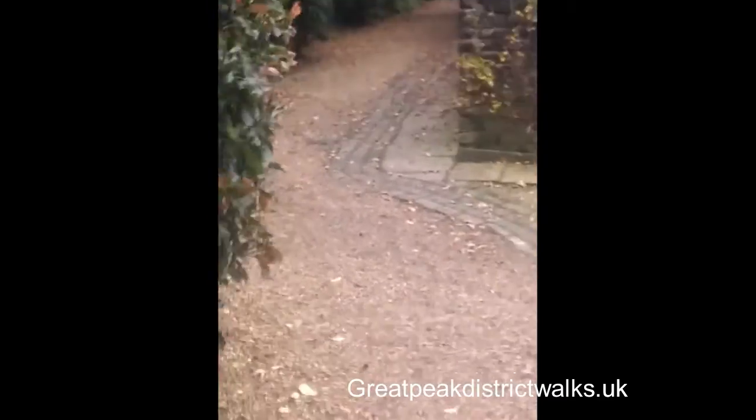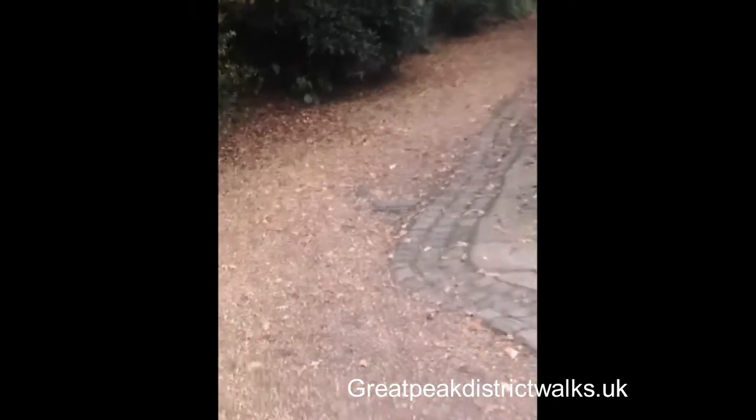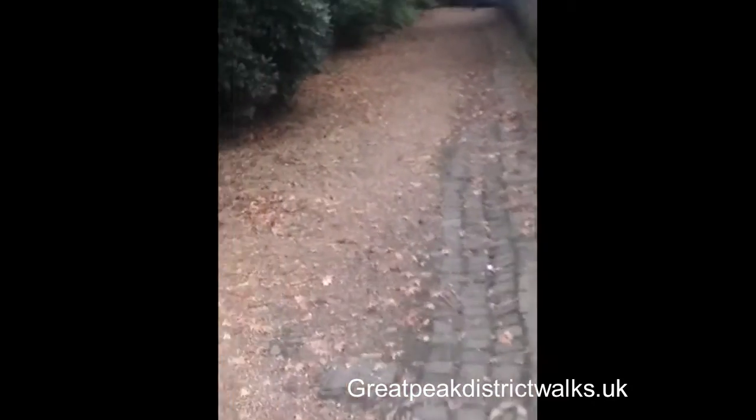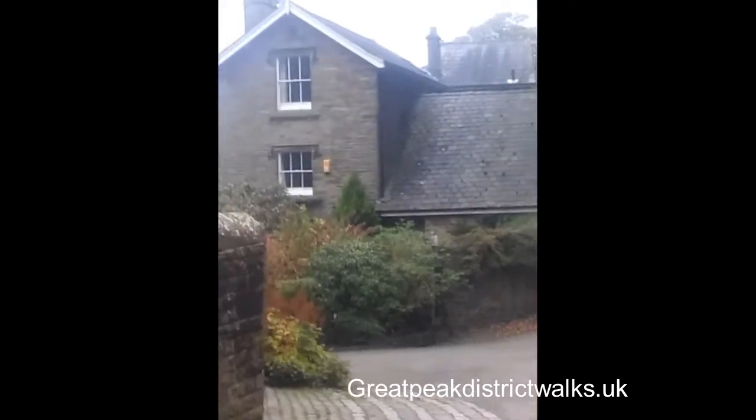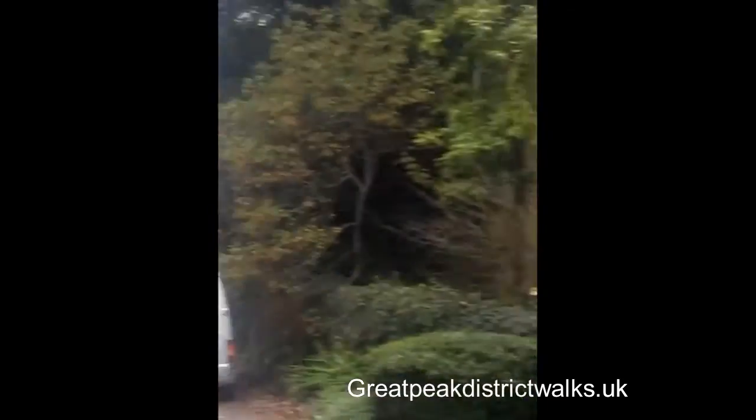Okay, we're just going to go by the side of the house, up this way, and then we're going to climb up the driveway up to Hendon Quarry itself. From Hendon House, the far side of it, you've got a way up, which is walk number 2, which takes you up to Clayton Tower. That goes up there, and